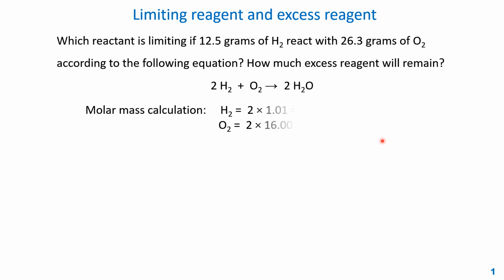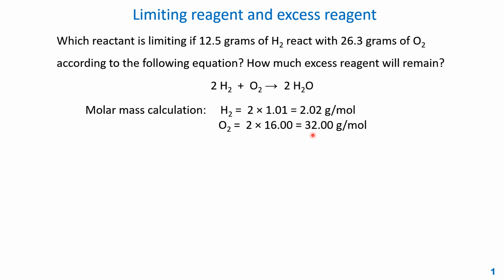So first, we need to calculate the molar mass of hydrogen and oxygen. Hydrogen: 2 times 1.01, that's the molar mass of one hydrogen, so 2.02 is the molar mass of this hydrogen molecule. For the oxygen molecule, 2 times the molar mass of one oxygen, 16, that's 32 grams per mole. And then we can calculate the